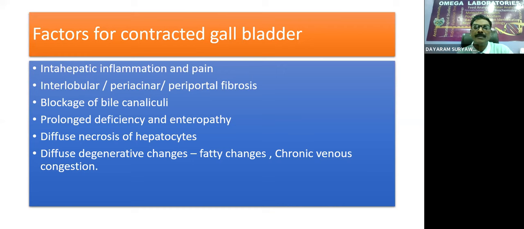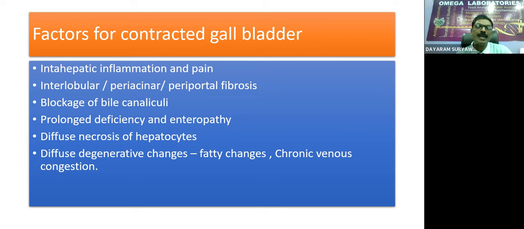So fatty changes may be due to the deficiency of biotin. Then choline deficiency is there. In both these conditions, fatty liver is there. Once fatty liver is there, that much bile is not produced, and whatever bile is produced will not be transported towards the gallbladder, and that's why there is a presence of contracted or shrinkage type of gallbladders. Then chronic venous congestion, whenever there is a problem in the